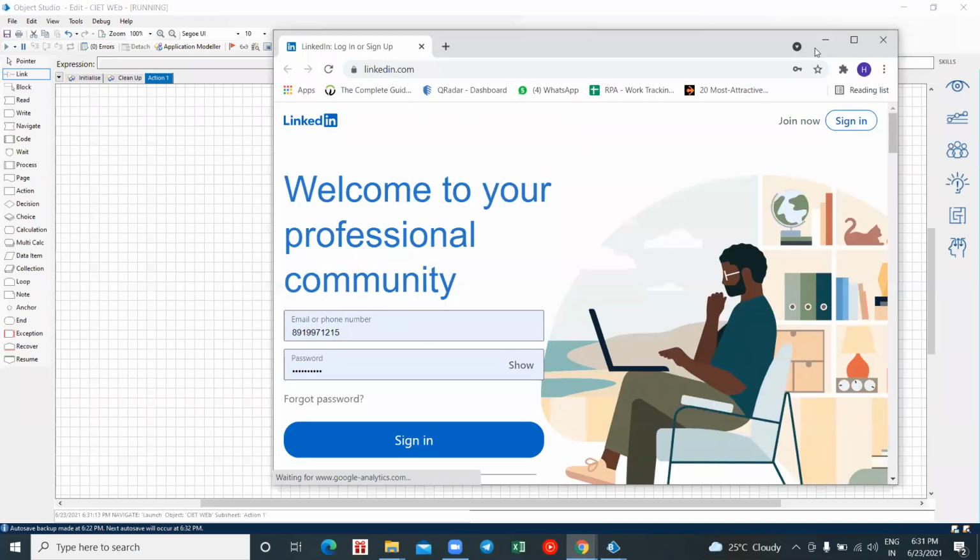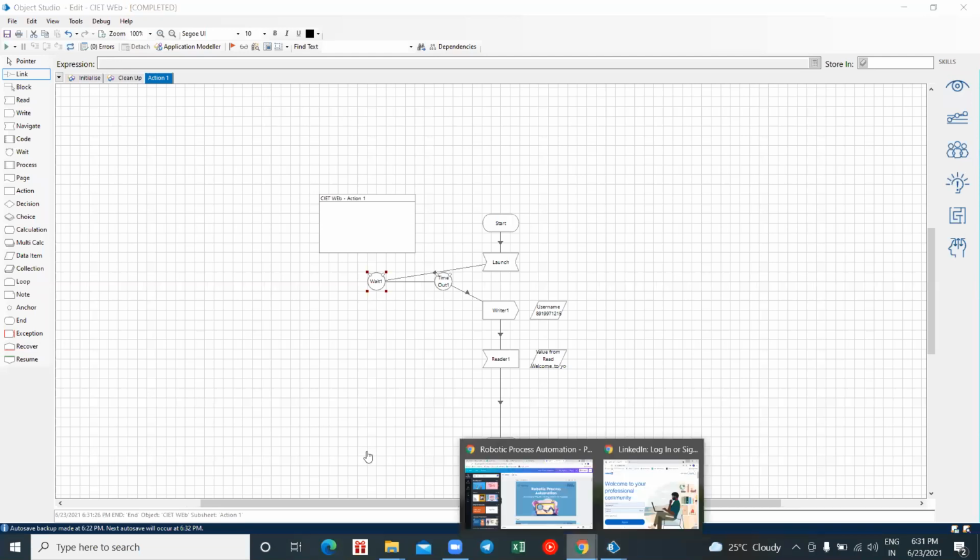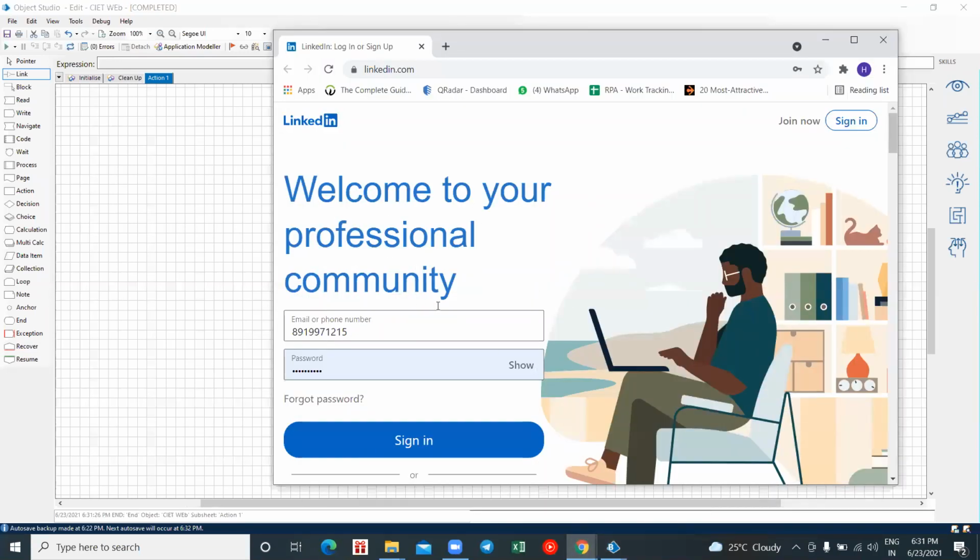Here you see it has launched, but it is waiting here. Before it switches to the write stage, it is waiting here, right? So with this wait stage, if your page is taking time to load, it helps us wait before executing the second or third stage, the next stage. If your network is slow, it can take time to load until it moves to the next step. Okay, that is the use of our wait stage.